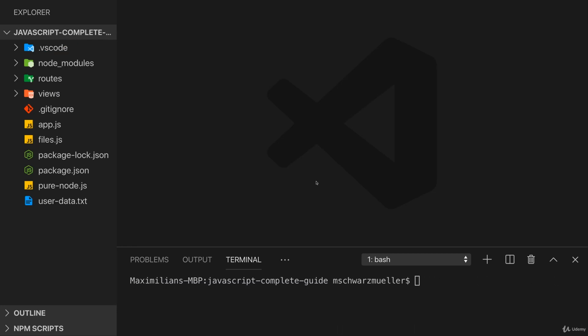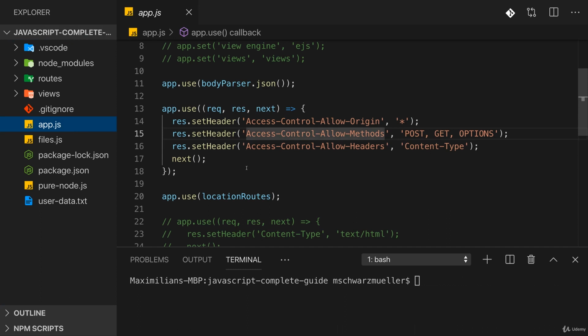So we deployed our static page with HTML, JavaScript, and CSS. What about our Node.js application now? Here we have code that needs to execute on the server, not on the client. Therefore, this is not a static application, it's a dynamic application because we have code that needs to execute directly